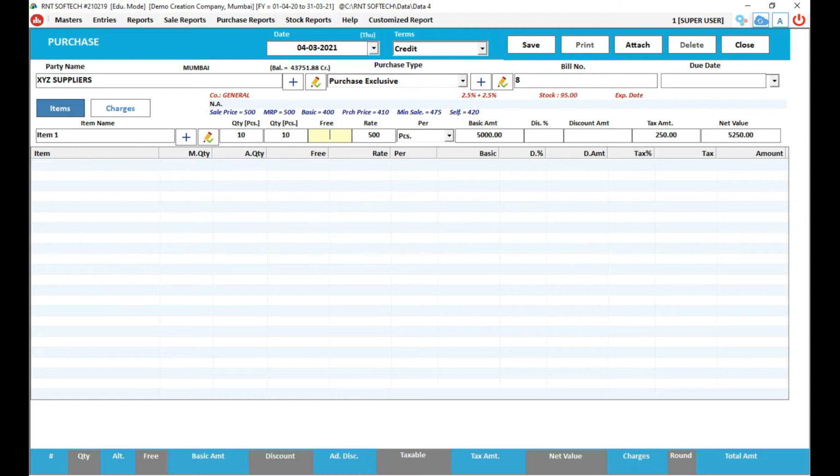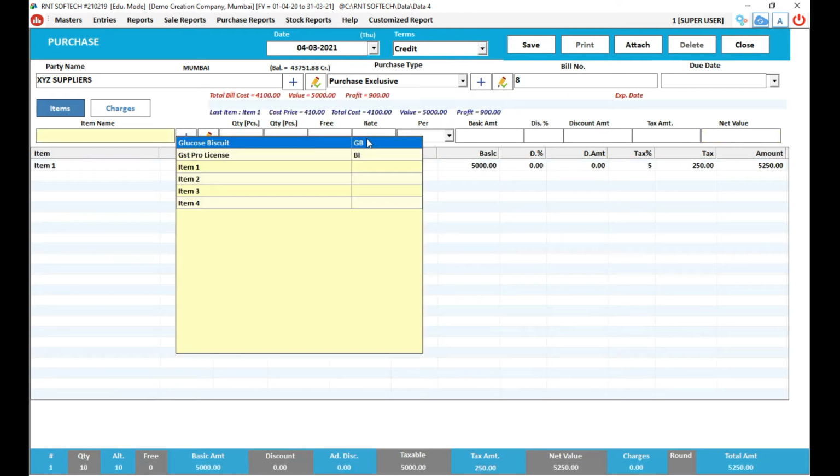The rate is 500, which is exclusive of taxes. So here it is 5%. Total 5,000, tax amount 5% is 250, so that's the net value. Now this is the way it is saved when it comes to creating an invoice with the purchase exclusive option.